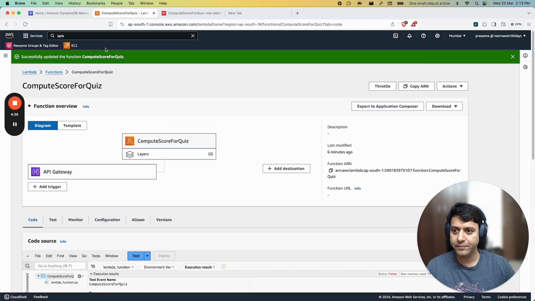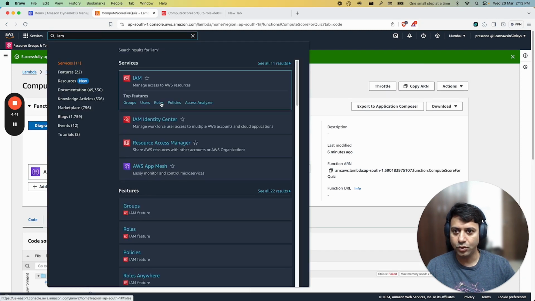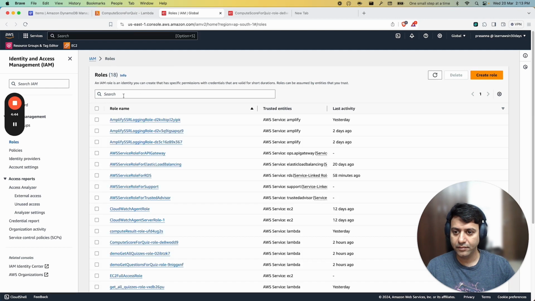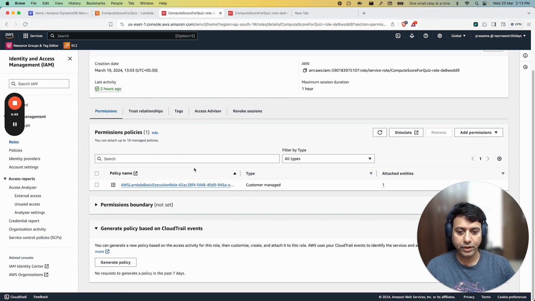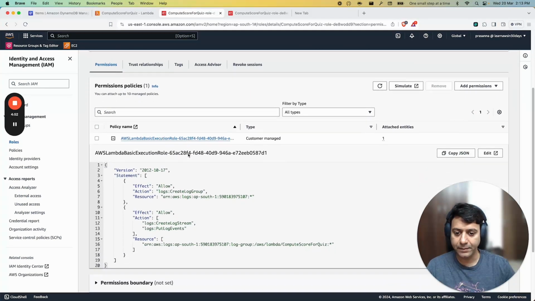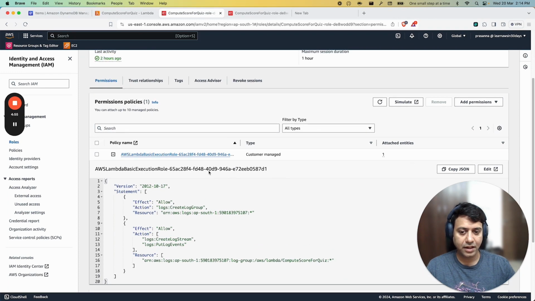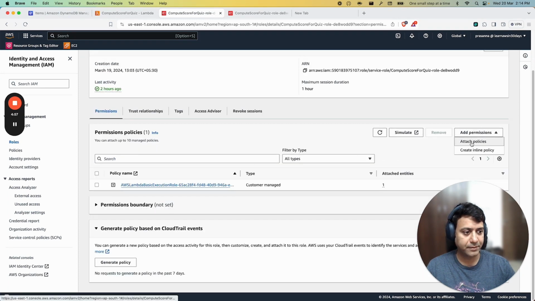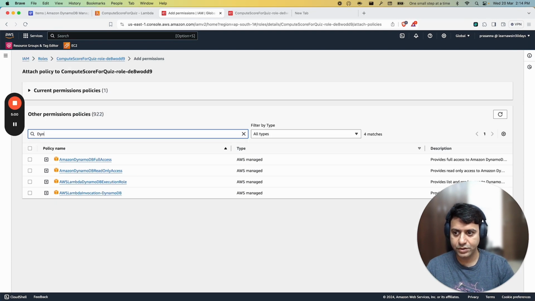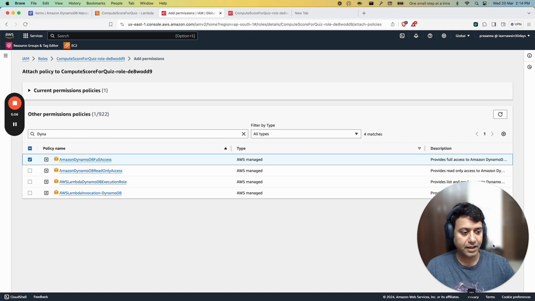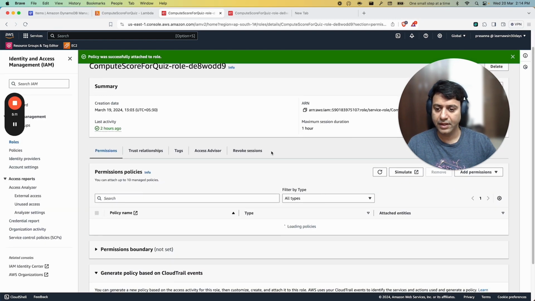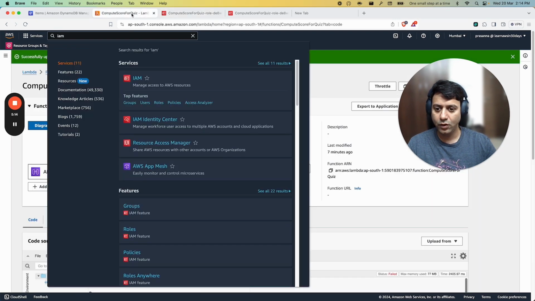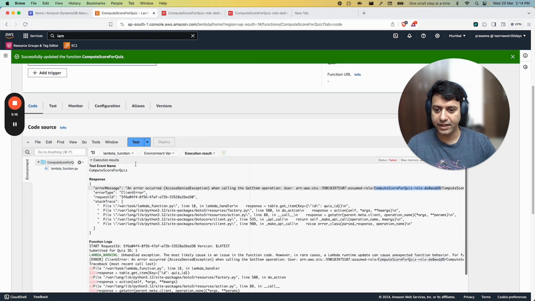So what we are going to do is, I'll go to IAM, I'll go to roles, and then I'll search for this role. Okay, here we currently have permission to access only logs. Now I'm going to add one more permission, which is to access DynamoDB. So I'm going to give DynamoDB full access because we are going to read and write in DynamoDB. Okay, so this got added. Now if I go to my Lambda function and test it again,